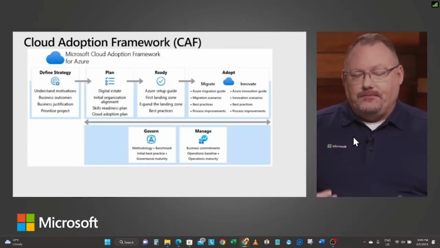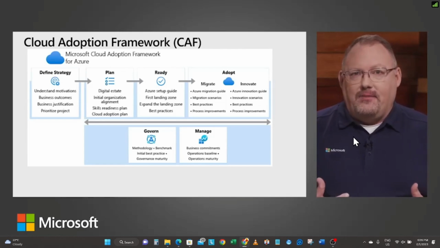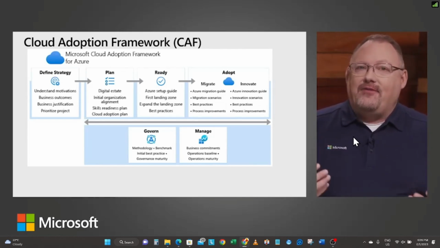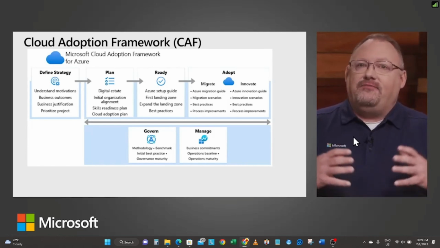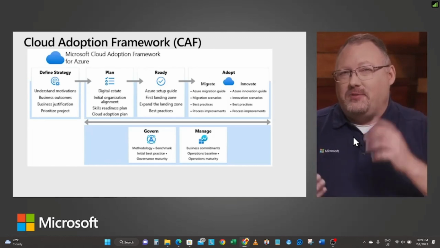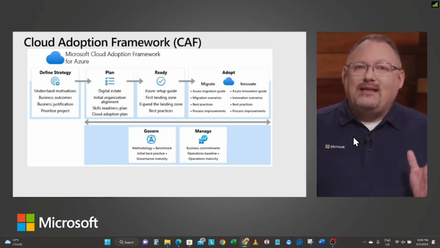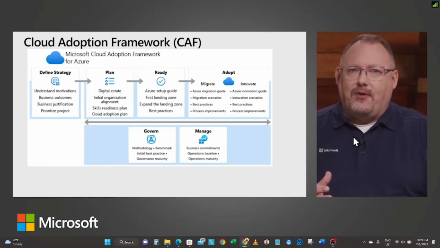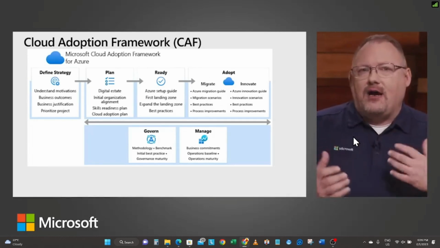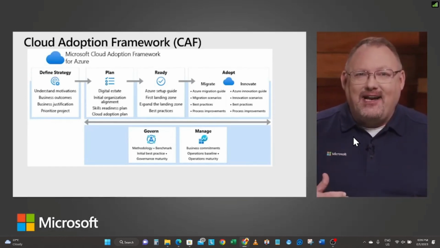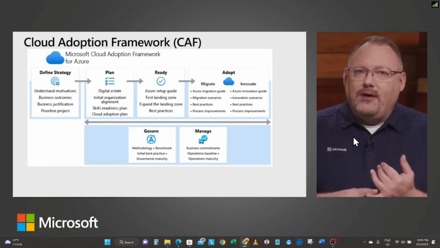The best part that we can offer you at Microsoft, and I'm going to show you a wonderful website here in just a moment, is we actually have a Cloud Adoption Framework, a series of best practices that we put together talking to customers like yourselves, saying, hey, what's the best way? Mr. or Mrs. Customer, you move from on-prem into the cloud, and how do we do it? Notice the first step: define the strategy. Understand, what are we trying to do?